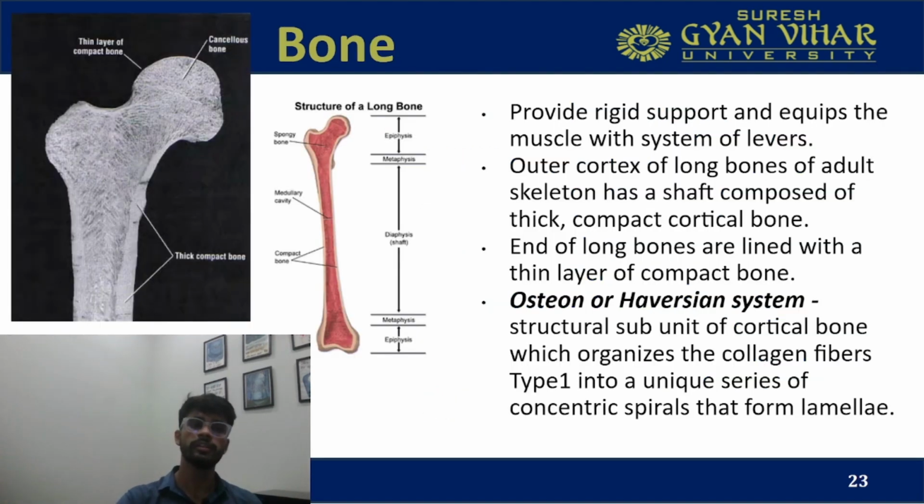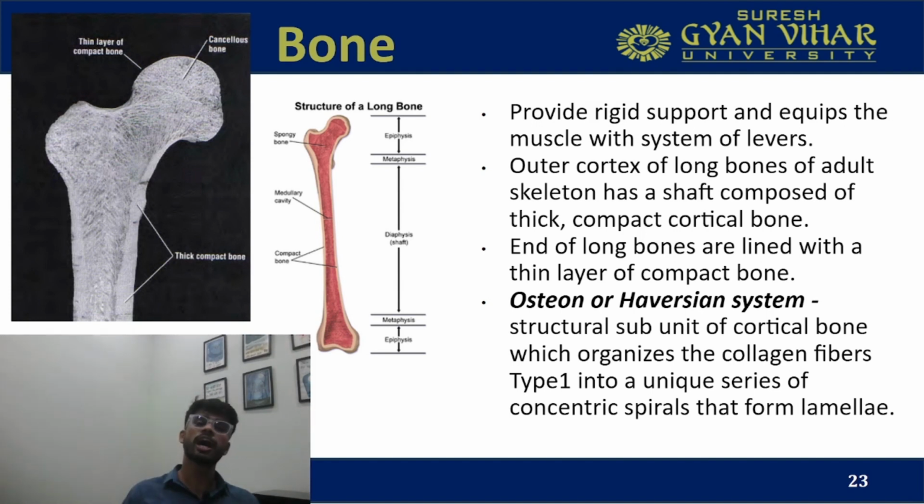Fine. Now let's understand a very familiar thing, which is a bone. The functioning of the bone is very simple: they are very rigid, so they provide support, and they also function as a lever. We have already read about the lever in our previous lecture, and how bone functions as a lever and what are the types of levers. If you have not watched that, then please go and watch that video.